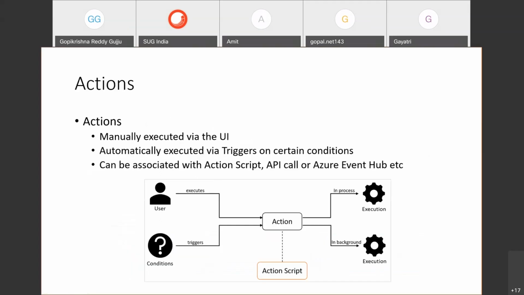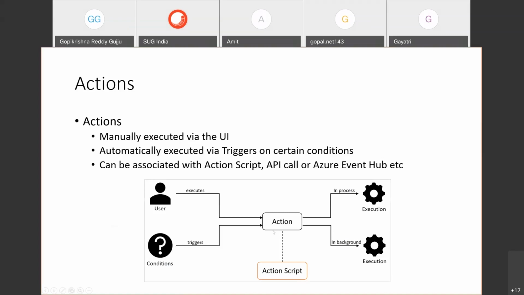And actions, same thing. Triggers, based on the event, trigger some actions. These actions can be triggered by the user, like button click events, like how we create commands for buttons in Sitecore. Similarly here we can create some external buttons and extra buttons and trigger some action. If the user clicks on that, that whole piece will execute automatically, or based on some event, event modifications, and some conditions, it triggers actions.